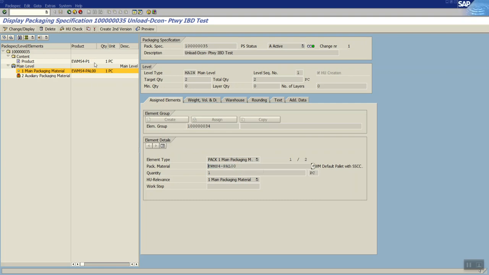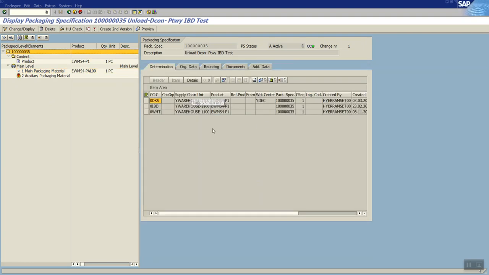Let's assume I am receiving 100 pieces of this material from the vendor. My inbound delivery contains 100 pieces. So the system creates 50 handling units with this packaging material automatically in the inbound delivery. So this is the formula that we are defining. These are the several conditions that we are telling the system to pack. But how does the system know that it has to be packed in inbound delivery, outbound delivery, or internal? For that we need to maintain the condition record.